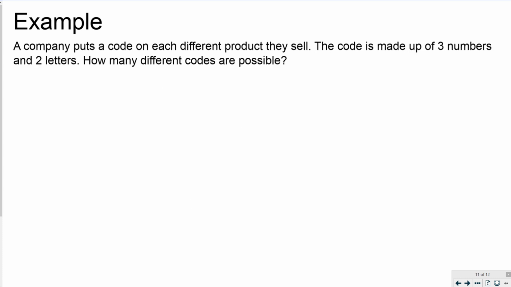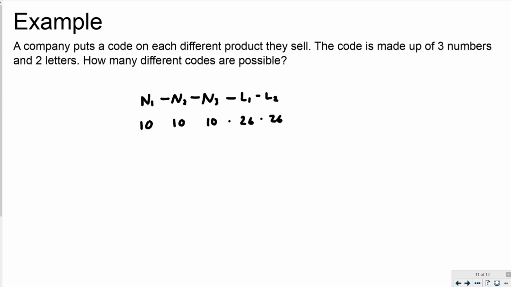And then finally, a company puts a code on each different product they sell. The code is made up of 3 numbers and 2 letters. How many different codes are possible? So this is kind of like the license plate one. The code is made up of 3 numbers. So we have a number, and then we have the next number, and a number. And then we have a letter and a letter. So there are 10 choices for the first number, 10 choices for the second number, 10 choices for the third number,